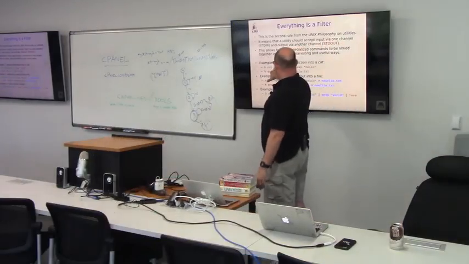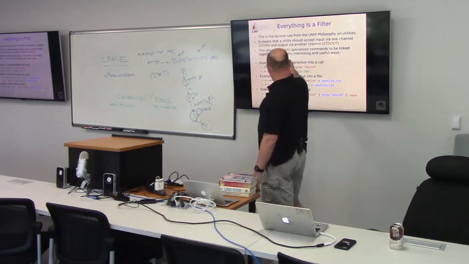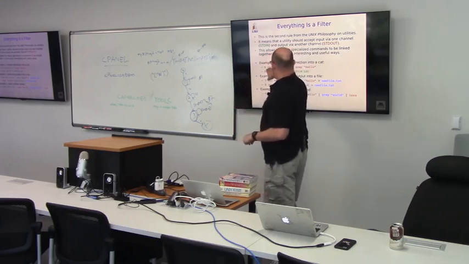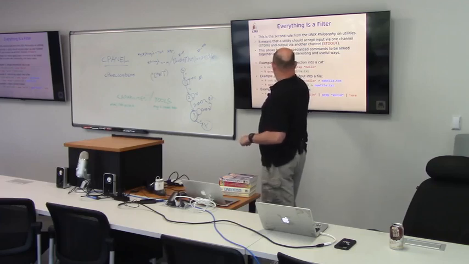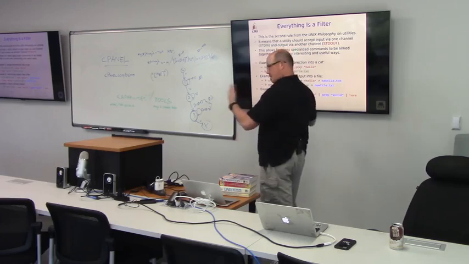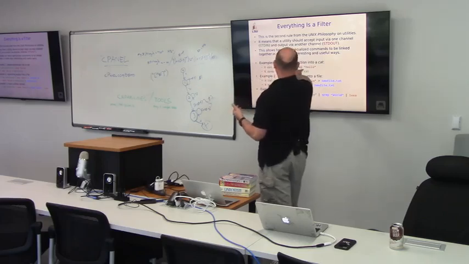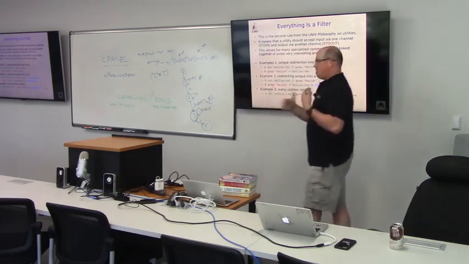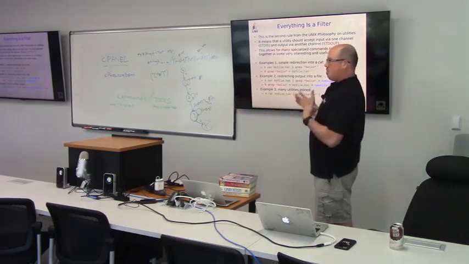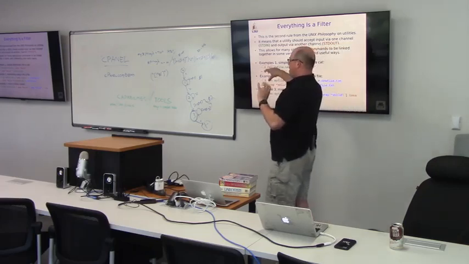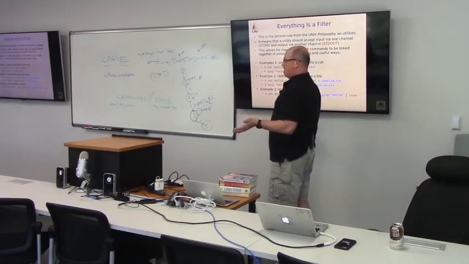So cat, whatever, myfile.txt, this pipe, this straight up and down thing, that is like an input filter. It's taking whatever cat is spewing out on the left-hand side, and on the right-hand side it is interfacing with grep. Grep knows how to treat the input, and then it's taking all of that input, which is the entire file, as a stream, and it's filtering out the text, and then it's going to report whatever it is you're asking it to report. So the best way to think about connecting utilities on the Unix command line is a filter.